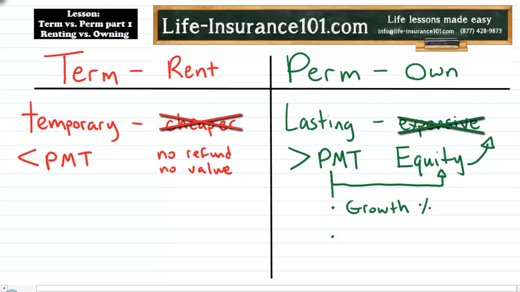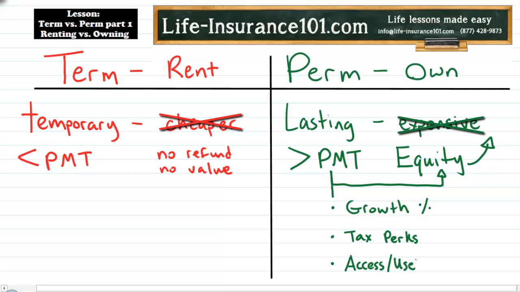There's also its own set of tax perks that come along with owning permanent life insurance. Very similar to how owning real estate has its own unique set of tax advantages, so too does owning permanent life insurance. The reason the government does this is because they figure if you have life insurance that doesn't go away, they're going to be less likely to have to take care of your family if you pass, or if you're covering a business, they're going to be less likely to have to dole out unemployment checks for your employees.